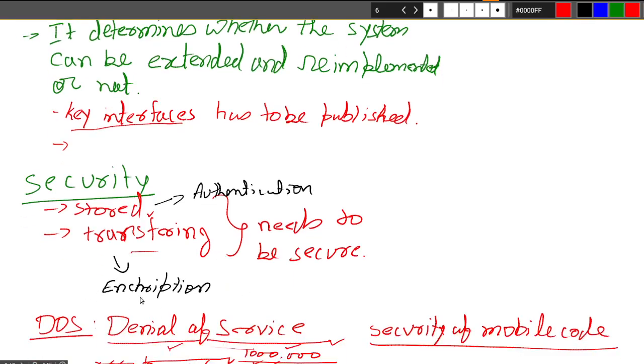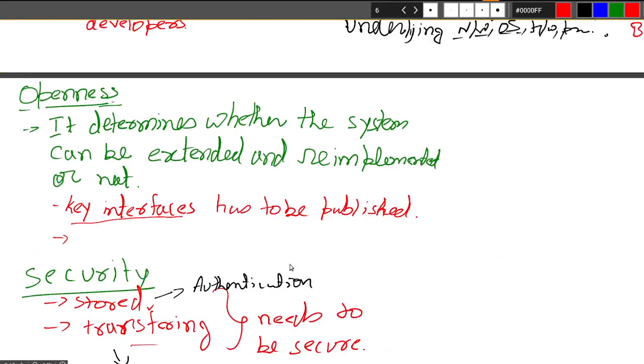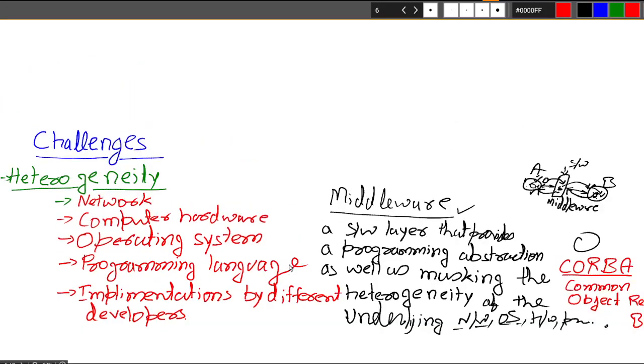Some other kinds of security issues are also there, such as denial of service attack. We should also take care of this, to whatever extent we can. Security of the mobile code is also important. If we have a mobile code, then we have to make it secure as well. So these are the things that we have seen today.